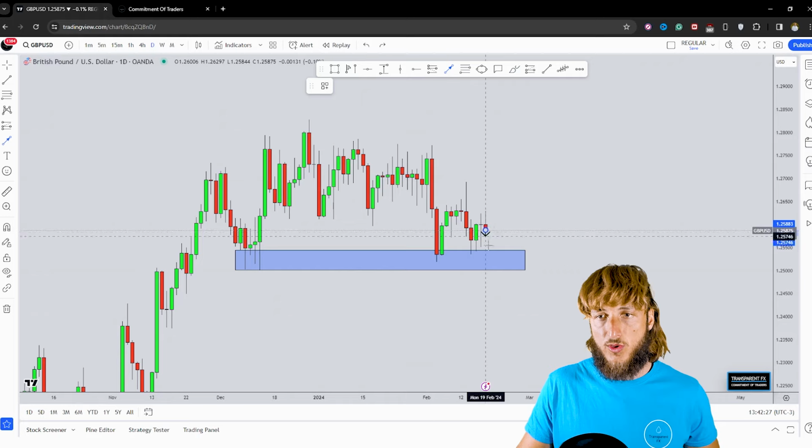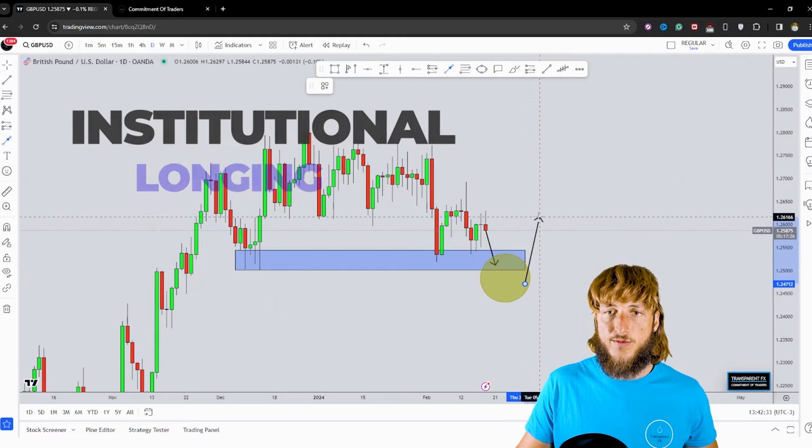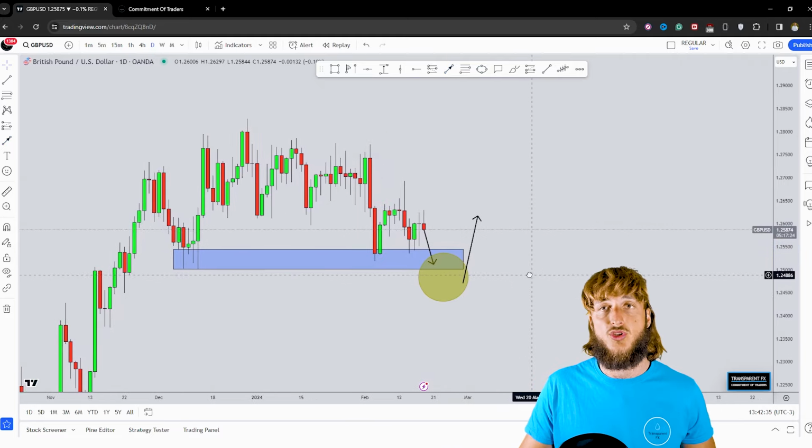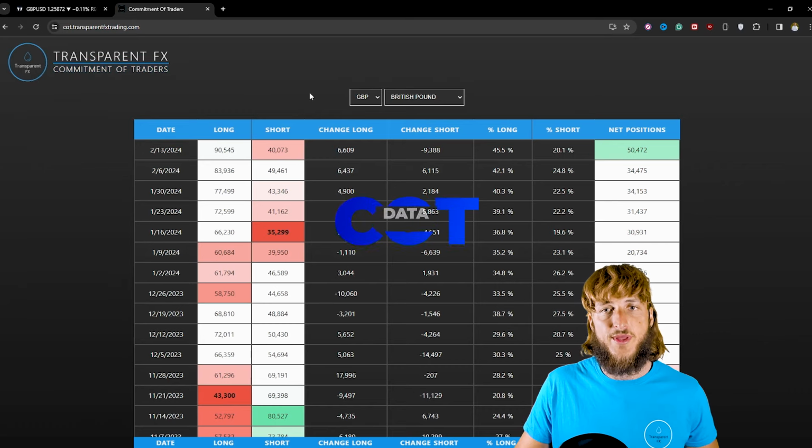So if the market here will continue a bit lower, there is definitely the possibility to see some institutional buying inside of this zone, which at that point would further increase the probabilities of a potential push higher away from this level. Now, if we go and see what we have when it comes to the commitment of traders, so